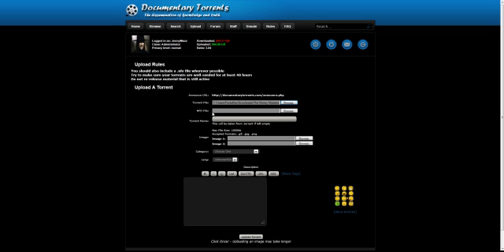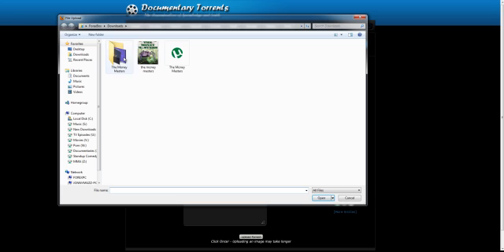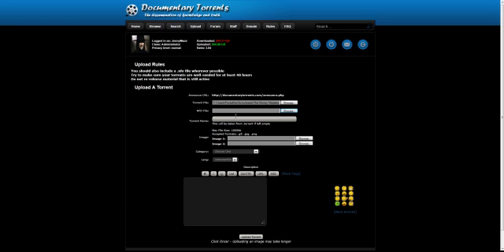Now this is pretty old, I don't have an NFO file, so I'll just leave that blank. If you had an NFO file, if it's a download that you've got somewhere else, generally they're inside the folder and you would have an NFO file there that you would be able to load in. I give it a name,